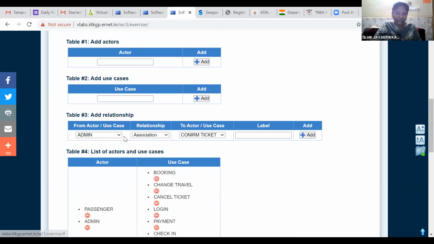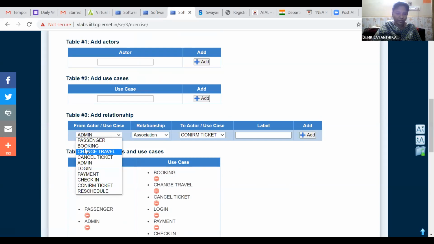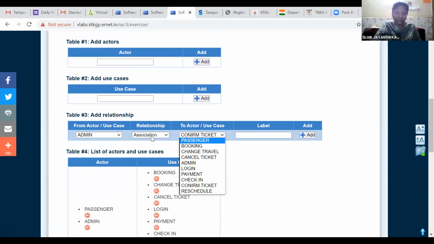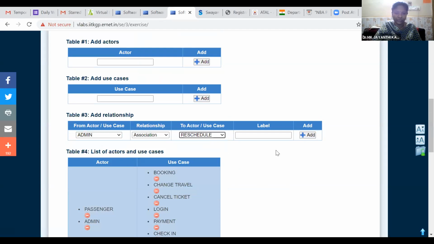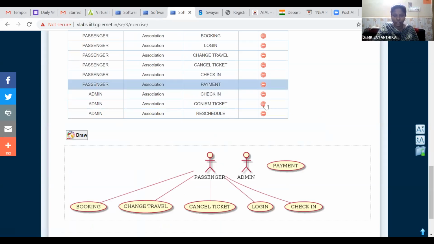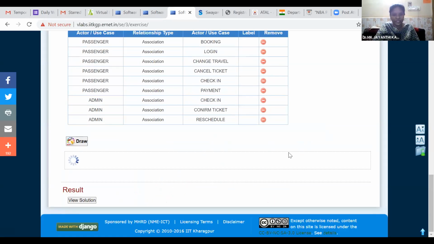So we'll create an association with admin. Reschedule. So this is also added. We added four more associations. For the new associations, we will redraw the diagram.